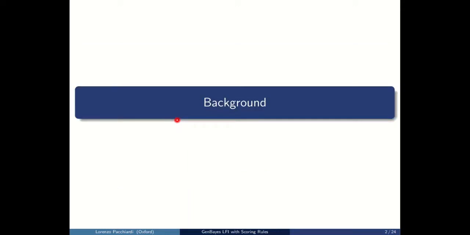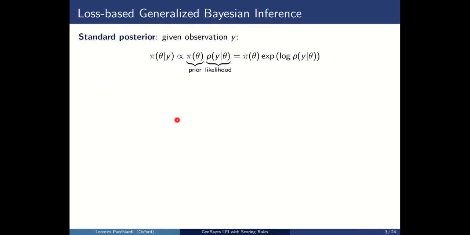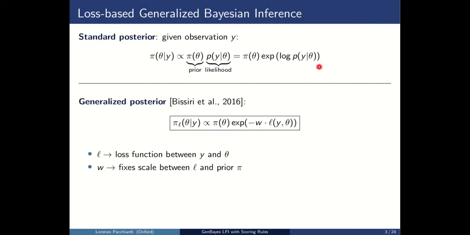So I will start by giving some background, and basically by defining what I mean by Generalized Bayesian Inference. I believe most people are familiar with the definition of the standard Bayesian posterior. The idea is that given an observation y, you want to get a posterior distribution for the parameter of the model theta given this observation. That is proportional to the prior times the likelihood. If you want, you can write this in a weird way as the prior times the exponential of the logarithm of the likelihood. And the reason why I do this is that